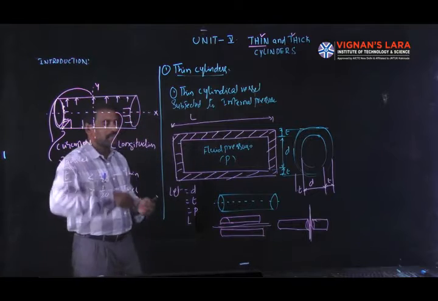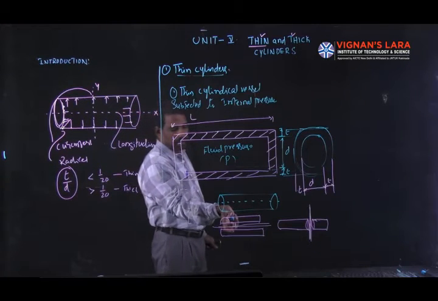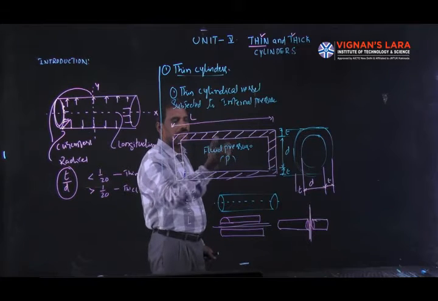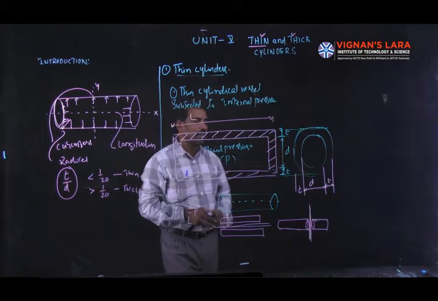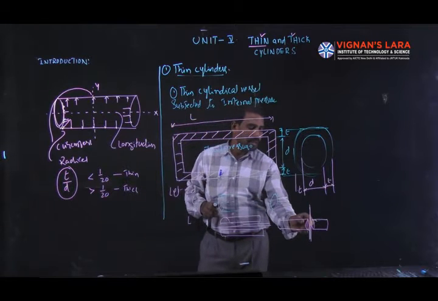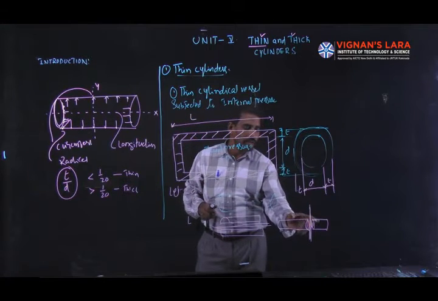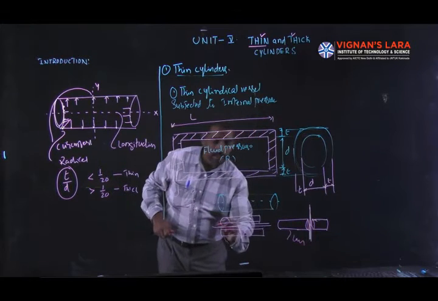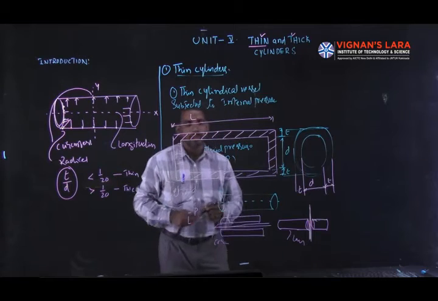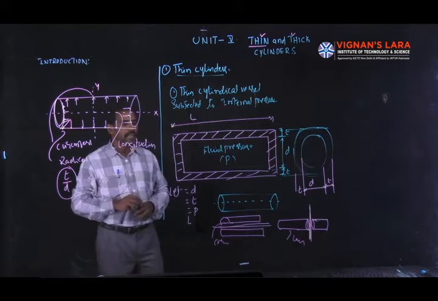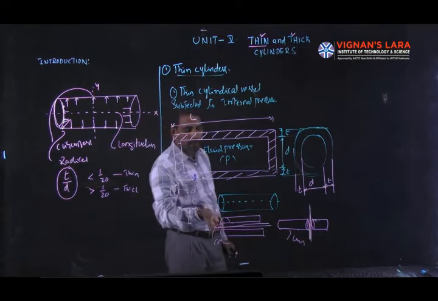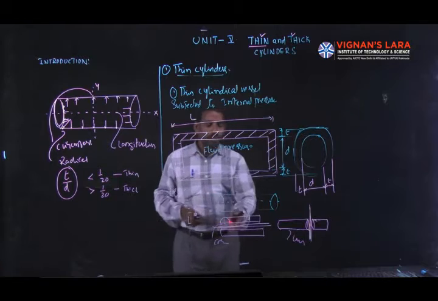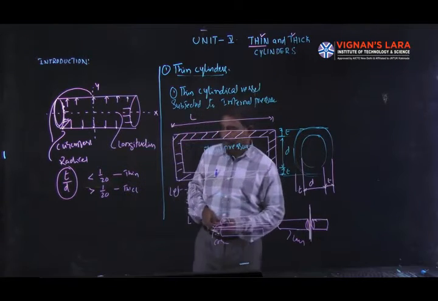So if you observe the diagram, it is failed circumferentially due to the pressure force exerted on the surface. This is the failure portion along the length, that is longitudinally. So this is failure longitudinally, and this is circumferentially. Simply we have to measure how much resistance is offered by the body to avoid the failure circumferentially as well as longitudinally.